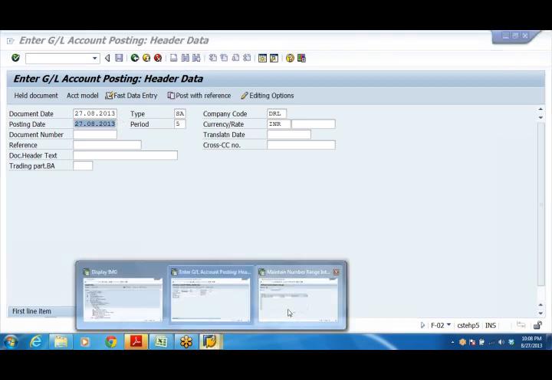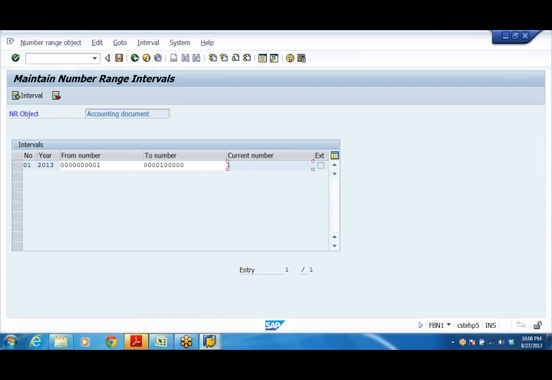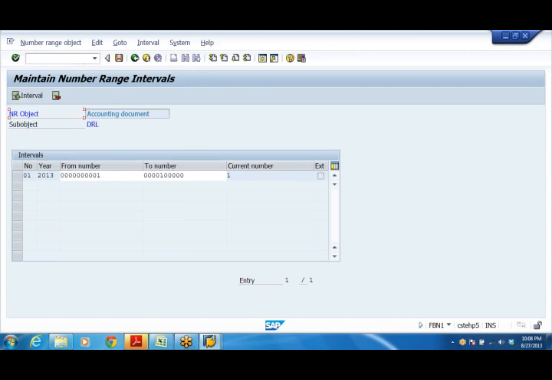Because in our OBY6, the last and final step, sorry, /n OBY6, define global parameters.